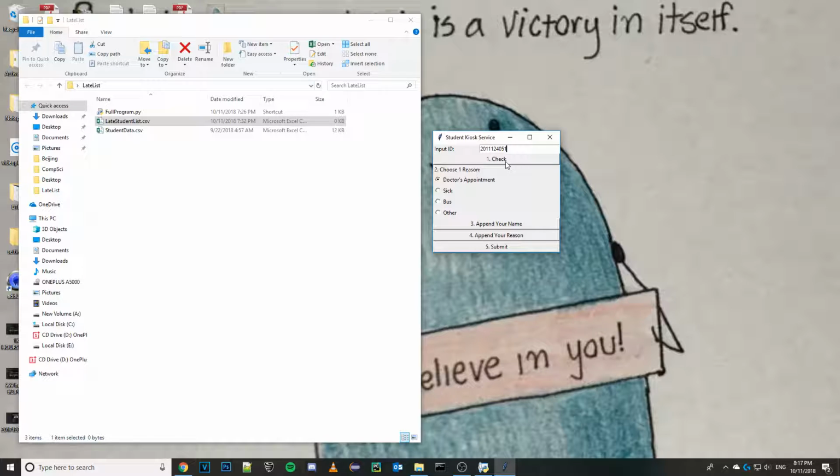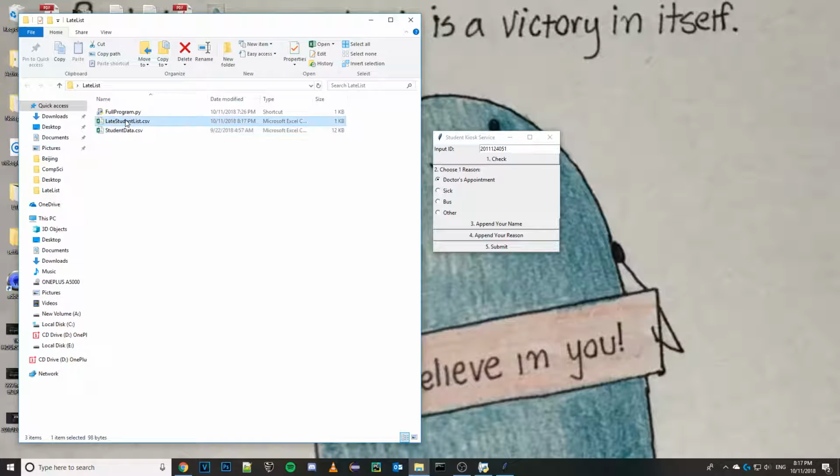to the network, it will never have an error where it won't be sent over the network. Now, I will show that it is also very clear to the student that they will know whether they've done each step of my program successfully. When you append your name, it'll say very clearly in a pop-up window, your name has been successfully added. When you append your reason, it will also say your reason has been successfully added